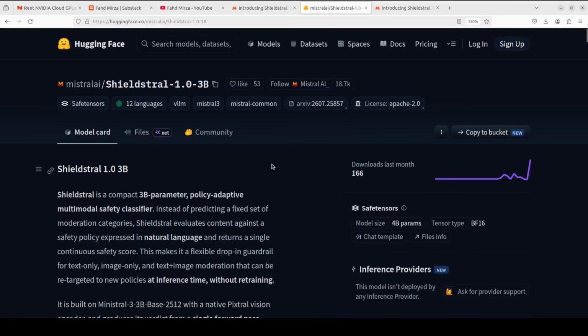You hand it your safety policy as a plain English yes or no question at inference time, and it returns a calibrated safety score from a single forward pass. That means one checkpoint can moderate user prompts, model responses, refusals, and even images, all retargeted to whatever your product